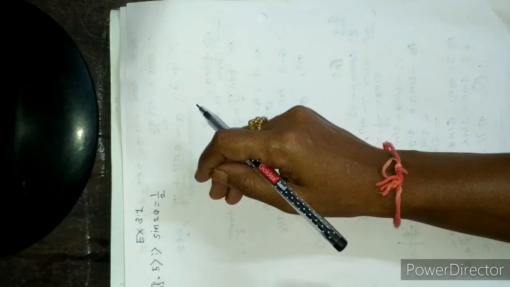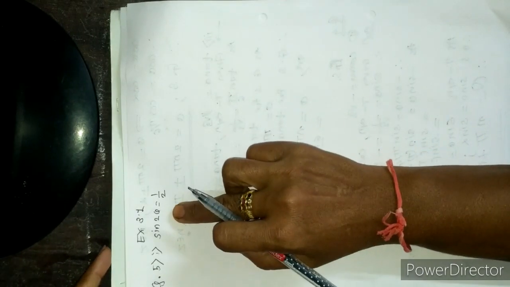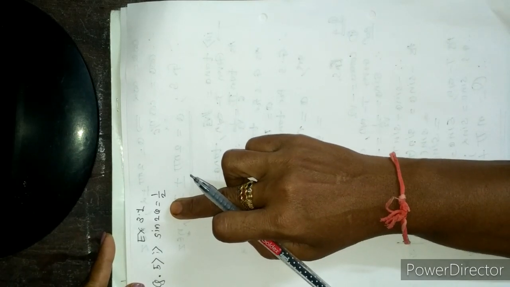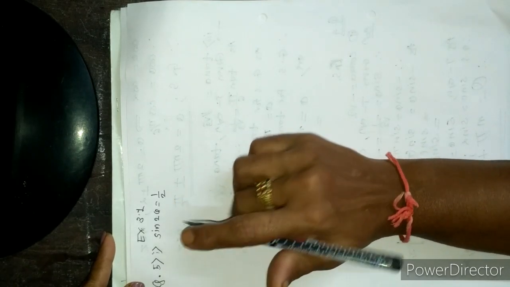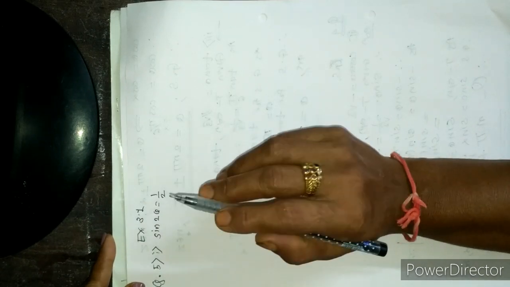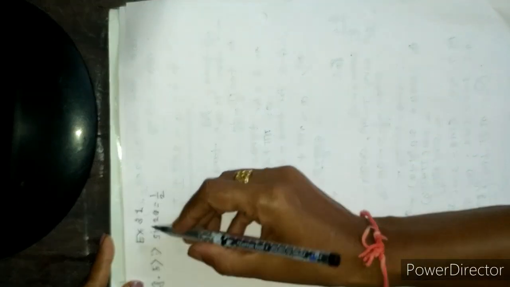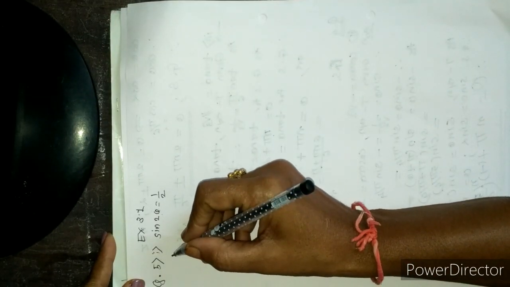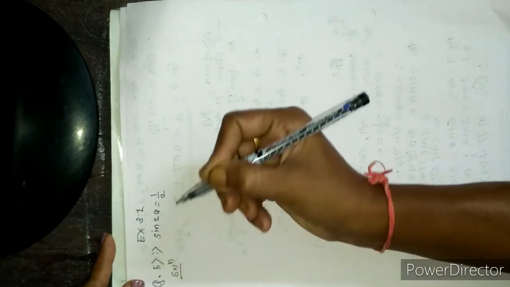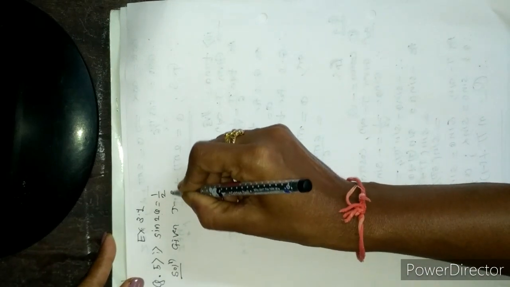We already saw examples on this. But here the angles of the trigonometric function are multiples of theta. Before this we already saw questions where the angles were of the form sin x or sin theta or cos y. But here the angle is a multiple angle. So to find its general solution, we take the solution for this type of trigonometric equation as follows: first we write the given trigonometric equation.